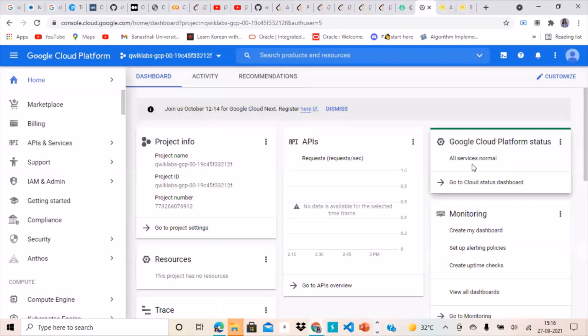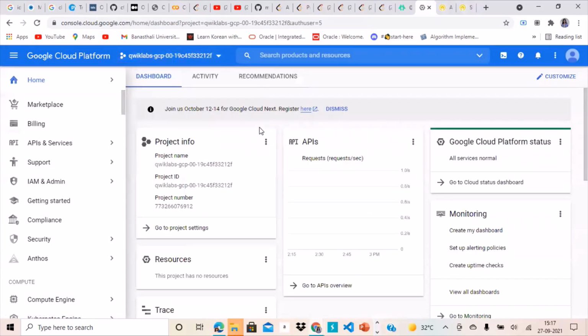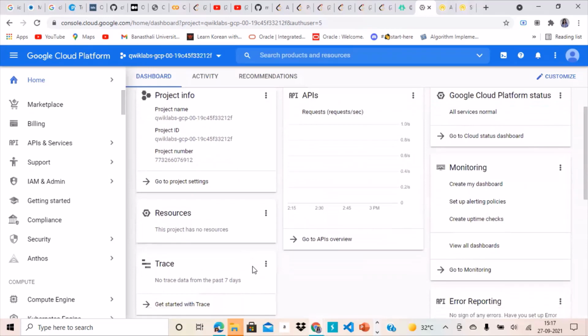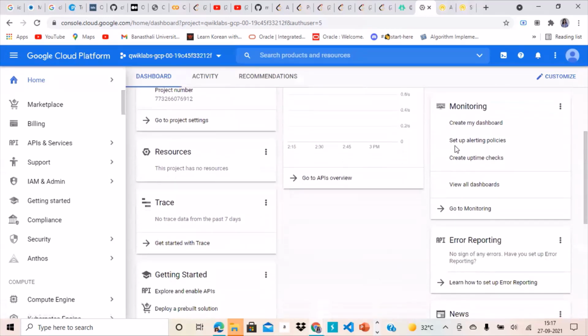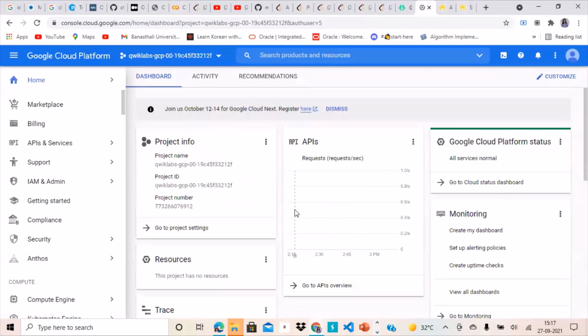When you click on this tab on the top, beside the Google Cloud Platform title, you can see a listing of all your projects down here. GCP has already created a temporary project for us for this session. So this project has been listed over here. If I click over it, I'll get to know everything about the project: what APIs, what the stats of the APIs used are, what resources are used, and how I can monitor it. Then I can do more things.